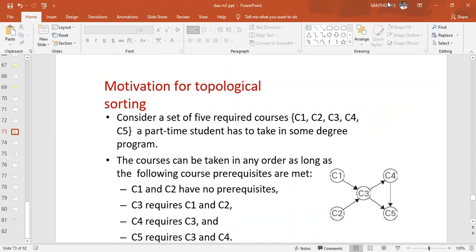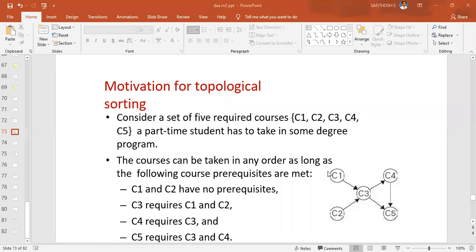Now answer my question. Will a DAG contain a cycle? Does a directed acyclic graph contain a cycle?